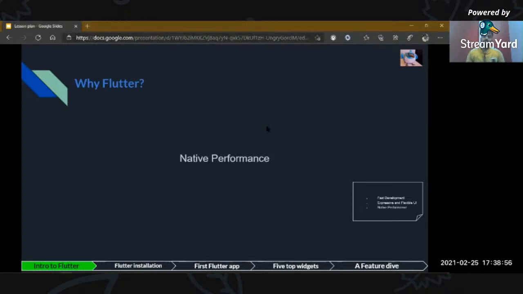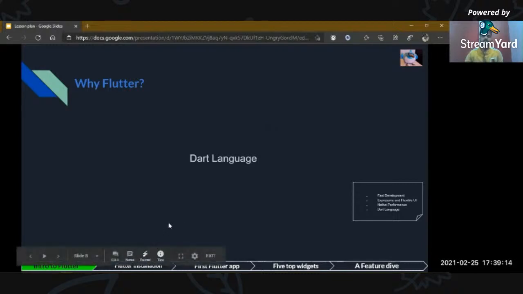Next, let's move to the next advantage, that is the Dart language. You might be wondering why Flutter uses Dart. We'll see that in detail in the next slides. Just to give a brief here about the Dart language: Dart is developed by an internal Google team.